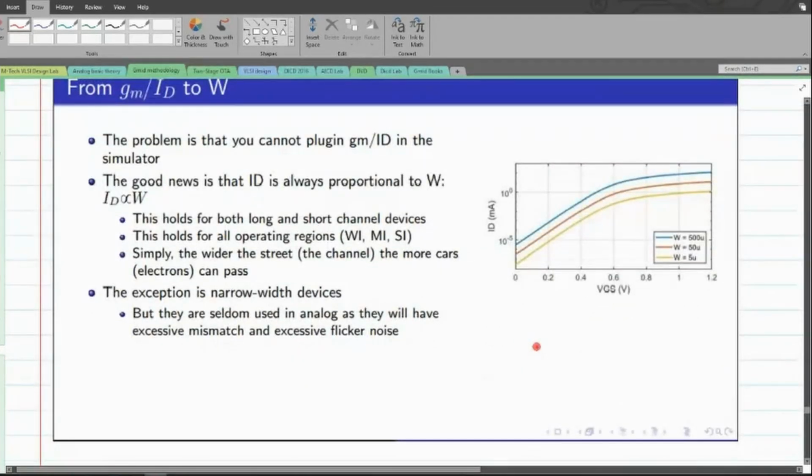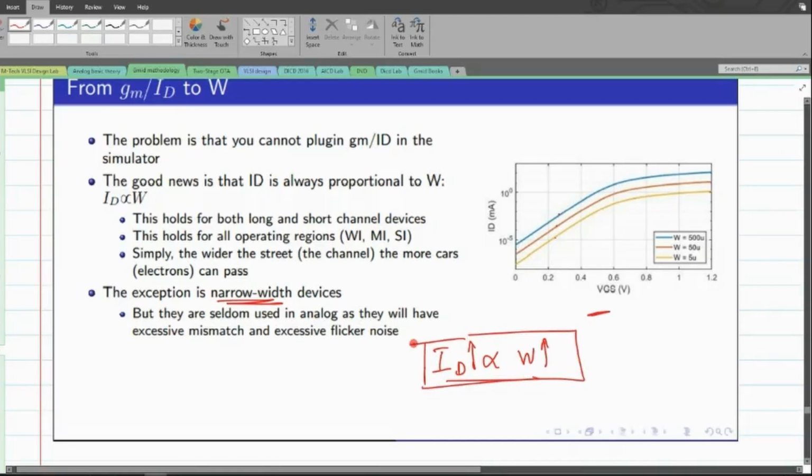Now, one thing that is clear is that the graph towards the right side shows that for different widths, the current is also equally getting shifted. This means that the ID is basically proportional to the width that I'm working in. So if I increase the width by a certain amount, the current is also incremented equally. That is what you could see from these pictures. But this is not true when you are working with a narrow width.